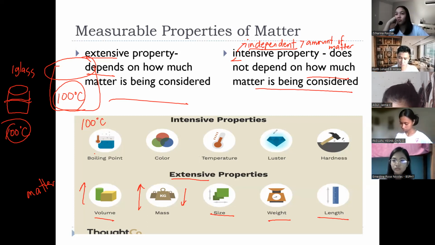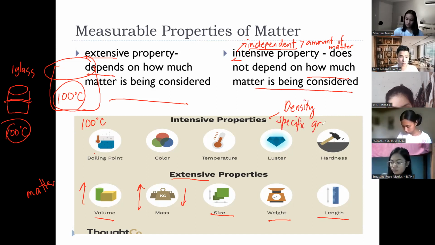The luster also, especially for our metals, daghan man imong gold or gamay lang imuhang gold, that is still the same luster and even the hardness. So aside from that, we also have the density and the specific gravity. Please include them here. What is the density of water? By the way, how do you define density? Density is